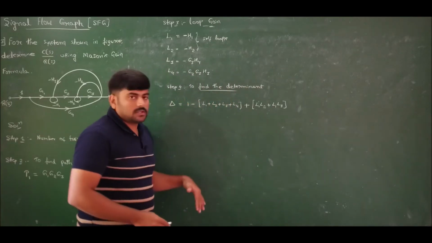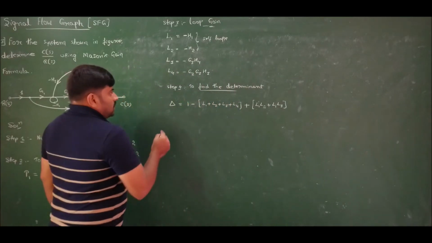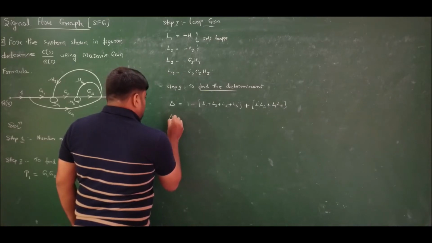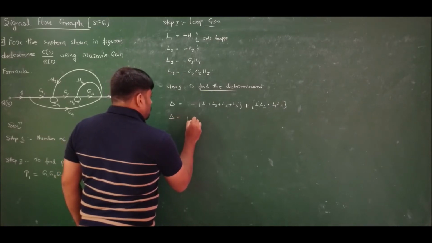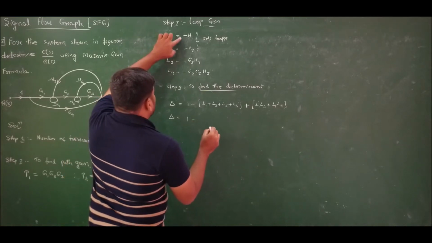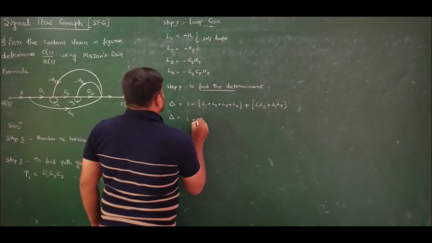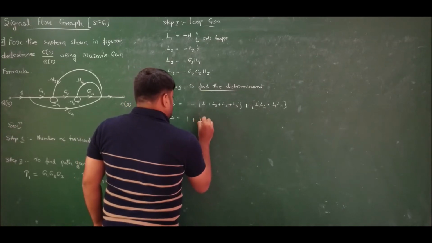So that's what we have. If I substitute and solve, I will get the value of delta as delta is equal to 1 minus. All the loop gains have negatives, so I will take negative common. It will become 1 plus H1 plus H2